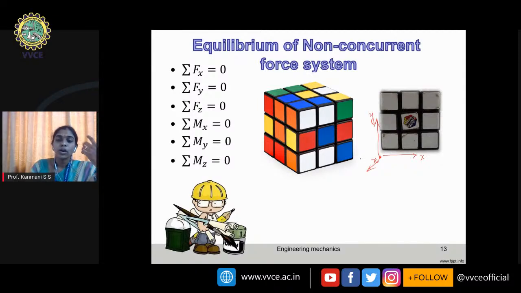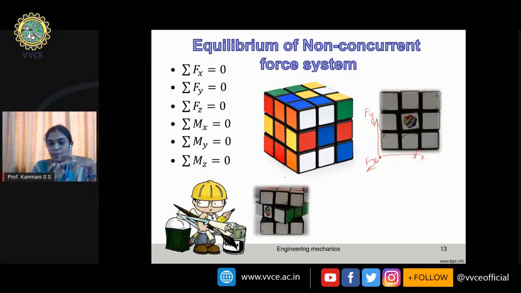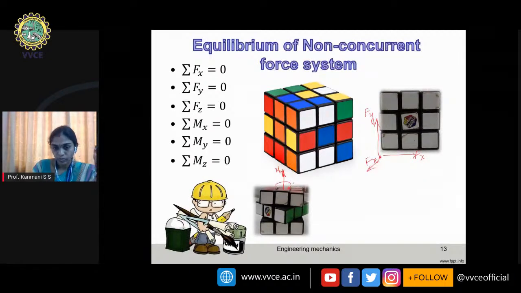So how to keep it at rest? I can move this cube in the Fx direction, in the Fy direction, or in the Fz direction. That means it creates translatory motion in the x, y, and z directions. Along with that, this is the rotation that's happening in the Rubik's cube. The rotation can happen in this vertical direction or horizontal direction. So this is the moment created along the y direction. So if I take this axis as the y axis,